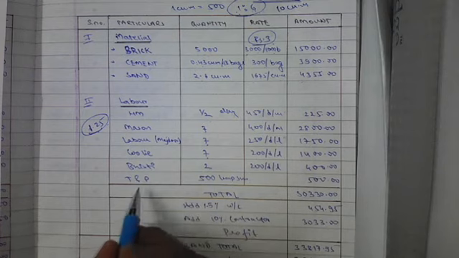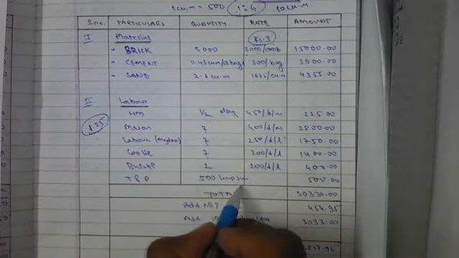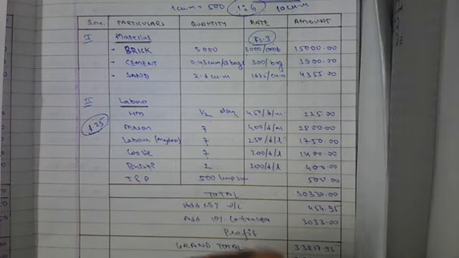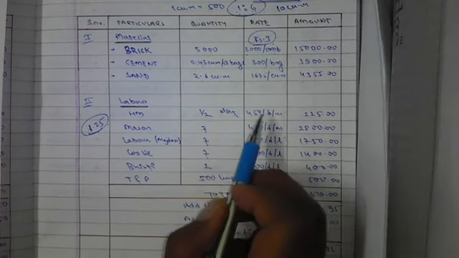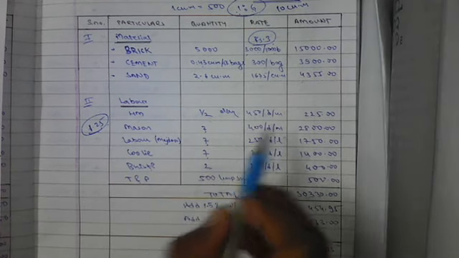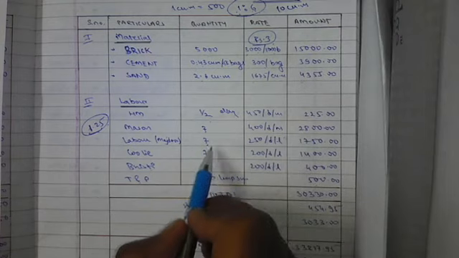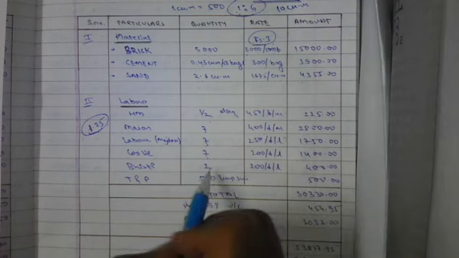Additional charges for tools and plants are added as 500 lump sum, since for finishing work some materials are required. So the head mason is 450 rupees per day, so 225 for half a day, 2800 for mason cost, labor 1750, 1400 for coolie, bhisti 400, and lump sum 500.